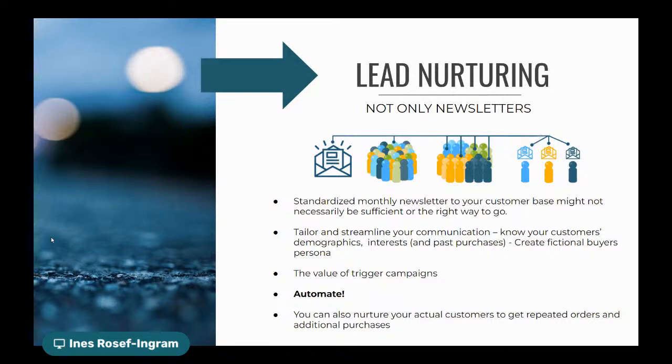So ideally, you want to tailor and streamline your communication, knowing who they are, which ad they come from, etc. Create fictional buyer personas. We call them ideal clients. We call them all kinds of things, but knowing who you're writing to is the big clue. Trigger campaigns is what I showed you earlier as well, where something happens because the person did something. So they filled in a landing page, which triggers that we send something. Automate this, because you will not do a very good job on the nurturing if you think you're going to do it